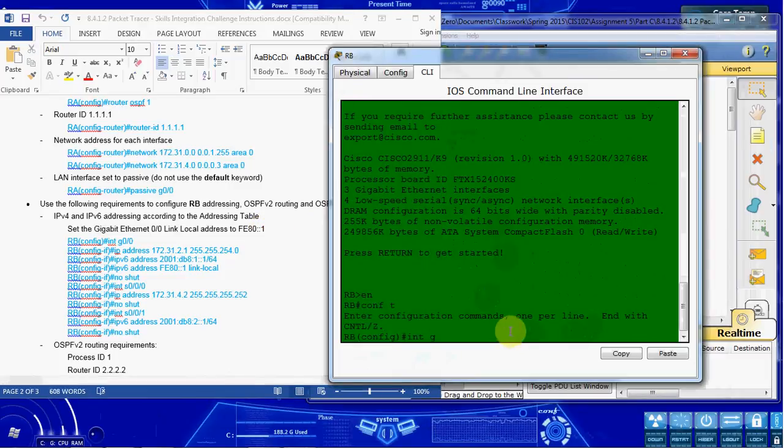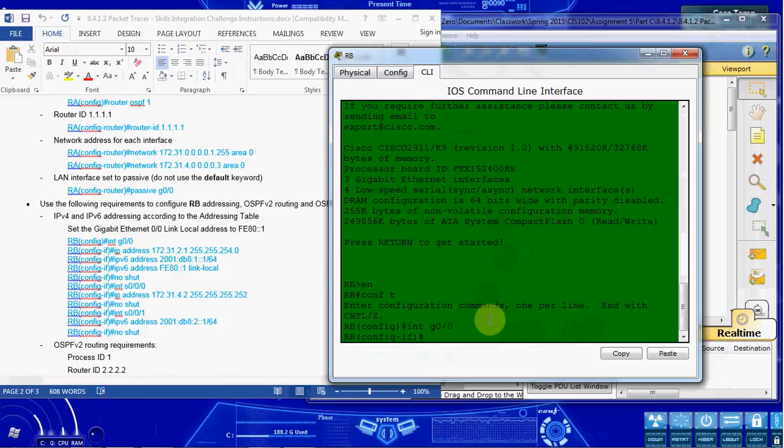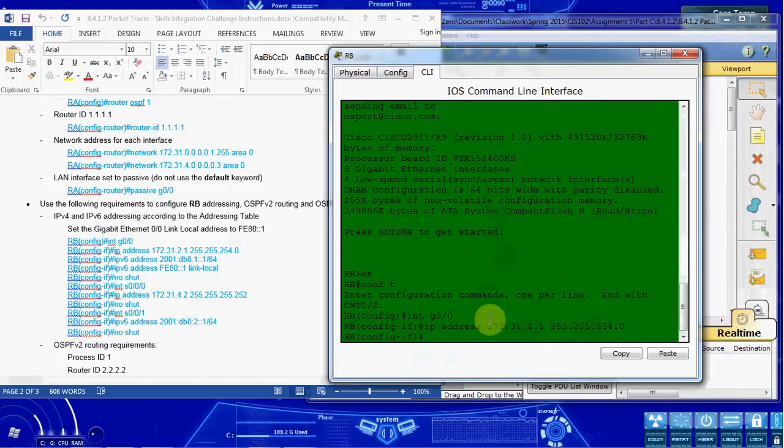So to begin, we'll jump into G0/0, give an IPv4 address first, and then we'll give it an IPv6 address, 2001:DB8:1::1/64,